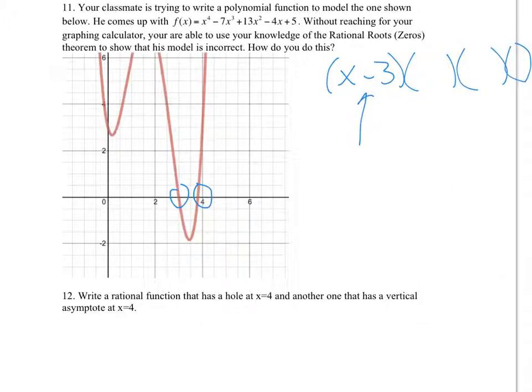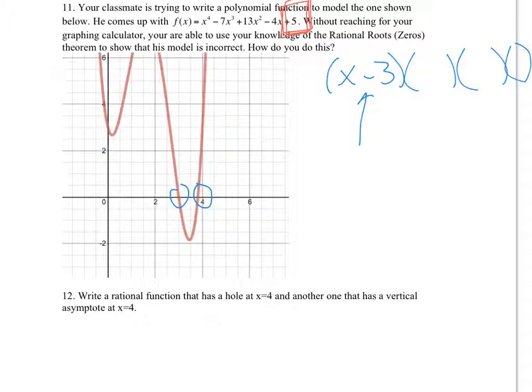But if we look at this one, and we look up at our equation that our classmate is looking at, there's no way that 5 has 3 or negative 3 as a factor. So that is an argument that this is incorrect. The other number is somewhat irrelevant. I suppose it could be some irrational number thrown in there. But because this negative 3 number is obviously one of the roots on the graph, it certainly does not match